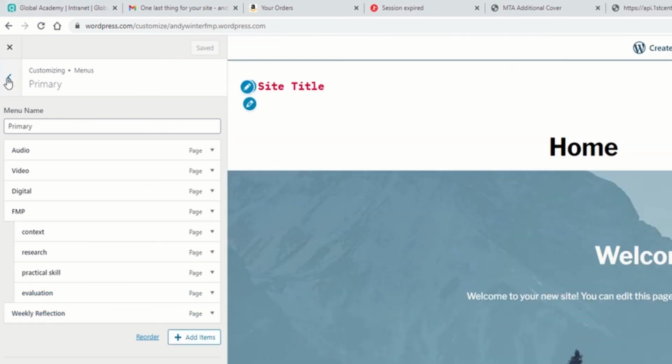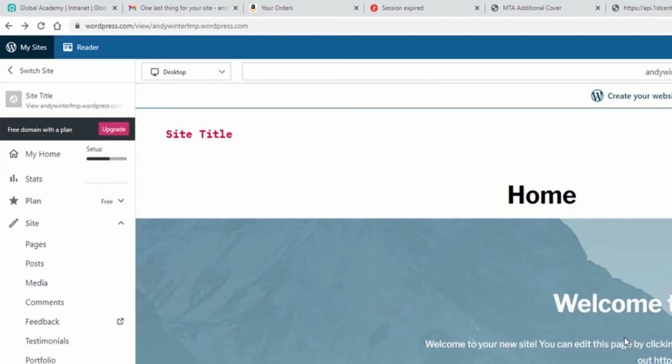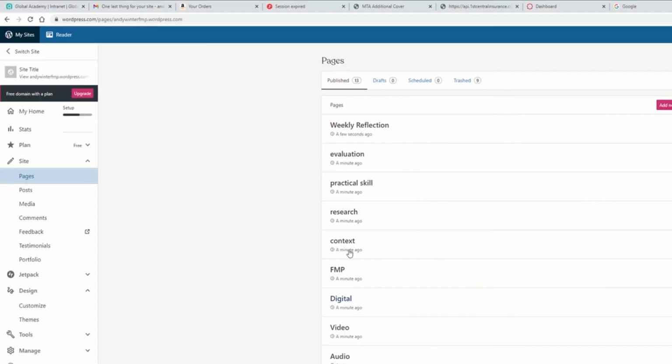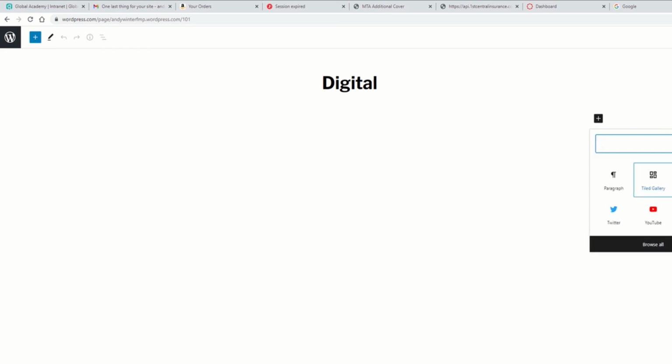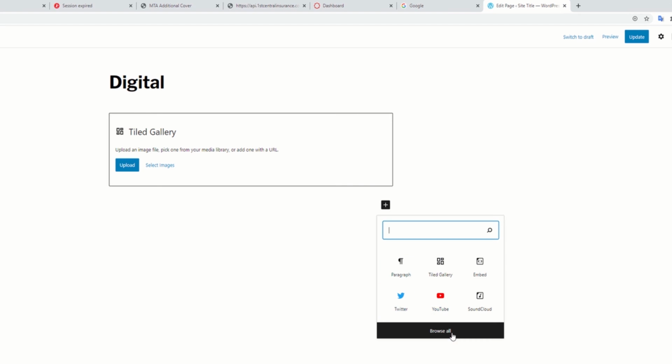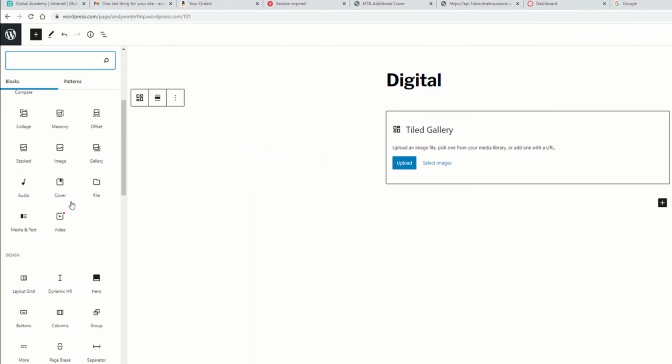When you want to add a blog post or edit a web page, you go back to the front control panel of your, you know, the back end of WordPress here, and underneath the site menu here, you've got your pages. As you can see, these are the pages I've just created. So I can now edit these pages. So for example, if I go into the digital page, I may want to display a slideshow of images or even a tiled gallery. So you can press these plus buttons and you can then add a number of things